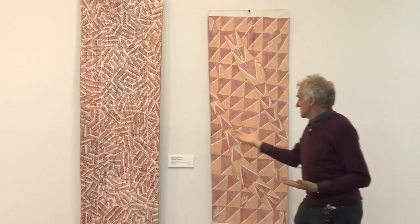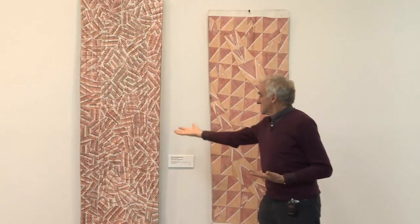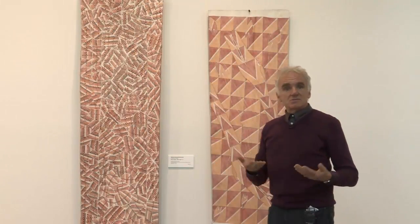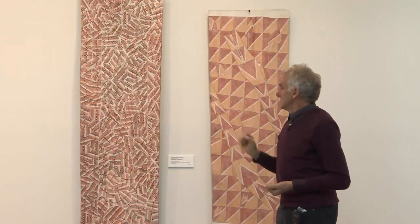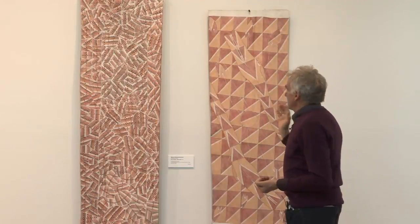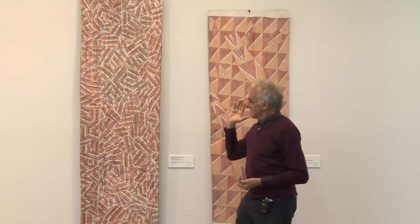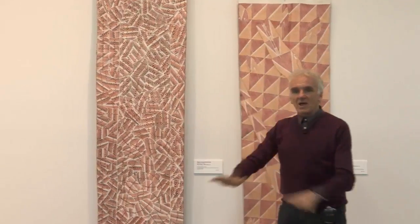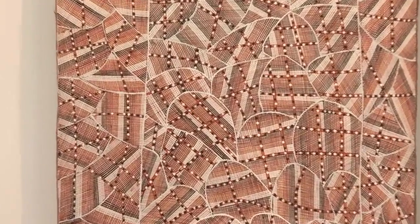The other point here is that these are both women's stories too. This one here is about the dilly bag, the dilly bag used to collect bush foods. Really important. And the thing I love about these bark paintings is the way that, in this one in particular, you can see the shape of the tree. They haven't been flattened out. This is actually lifted off the tree. And of course that would be done